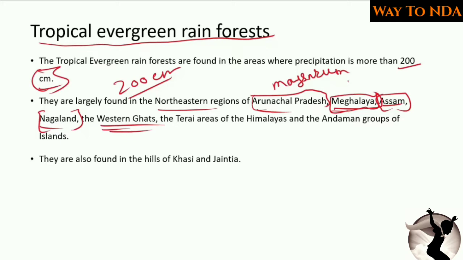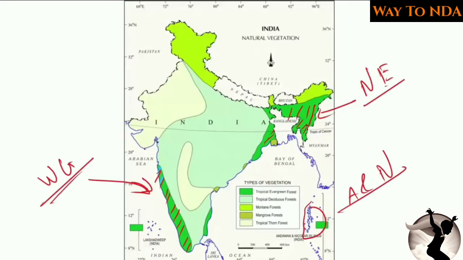tropical evergreen rainforest. And some places, that is the Tarai areas of Himalayas and Andaman groups. Andaman and Nicobar Island में भी आपको इस type के forest मिल जाएंगे. For example, again I will show you the map. So again you can check it out on the map. The portion which is shaded by green color, remember this is the area where you will find the